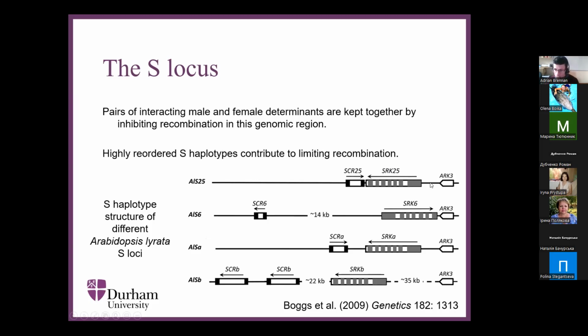And you can see that within this genome region, the location of the genes varies, and also sometimes the direction of translation varies. And so there's a lot of structural variation here, and that's inhibiting these different S alleles lining up very well during cell division and during meiosis. And if they're not lining up, they can't recombine. So it's protecting this genomic region from recombination and making sure that the male and female genes tend to stay together and are inherited as that single unit, that single supergene.